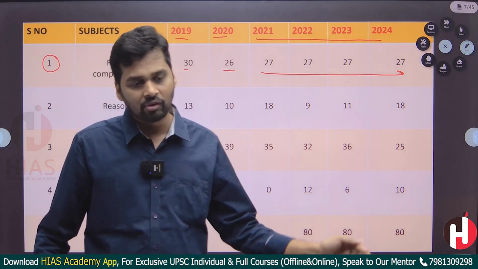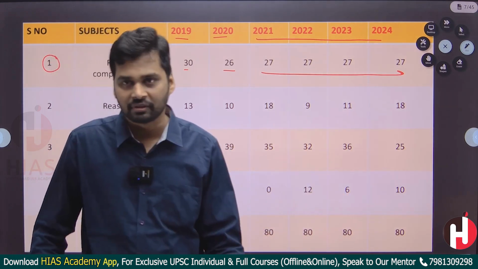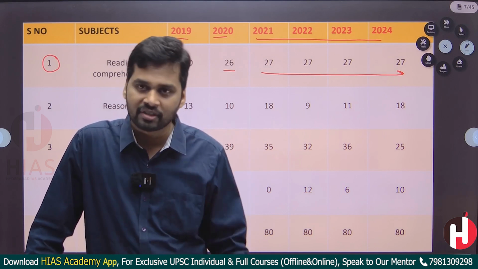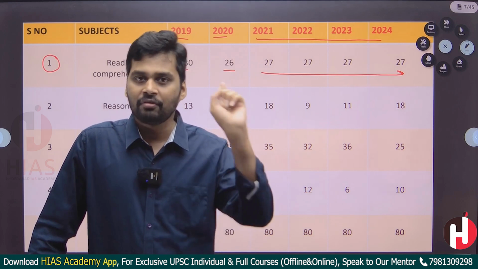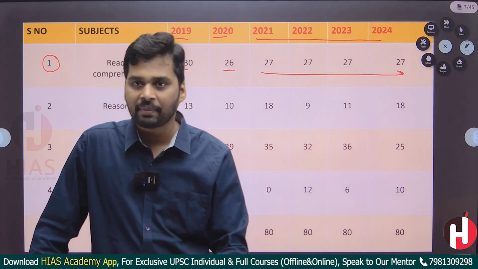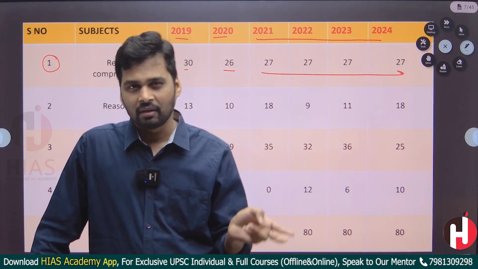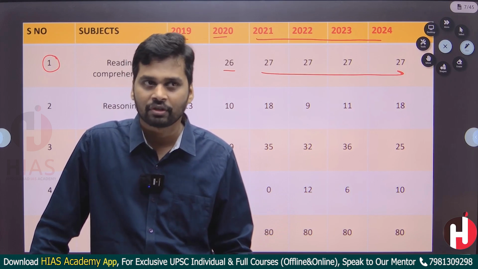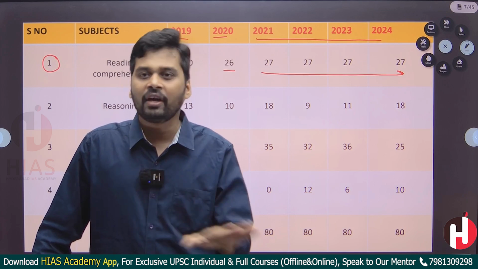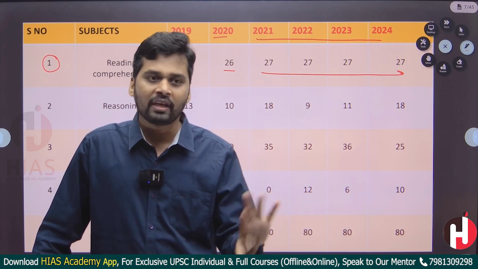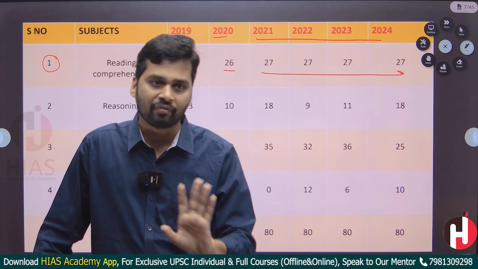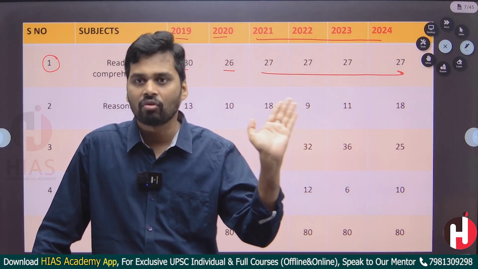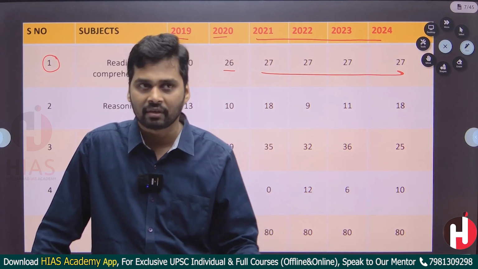But don't think that you will do all 25 or 27 questions, because the passages are around 300 words, and you need to read the passages and analyze them. Even then, in most questions, one or two options look the same. So even if you are very good at English, you can't score more than 12 to 15. Maximum you can score up to 15. You can't score more than that.